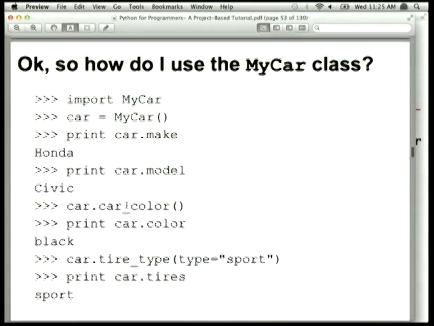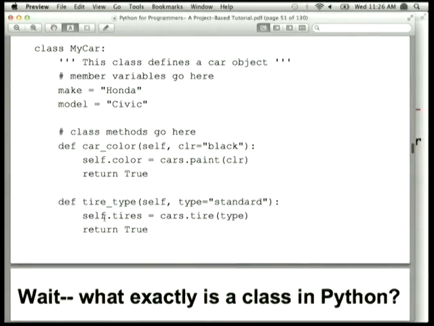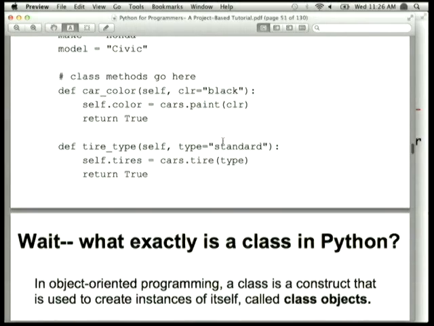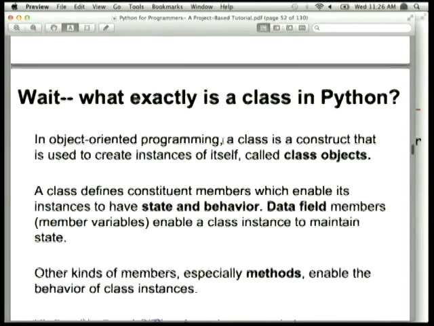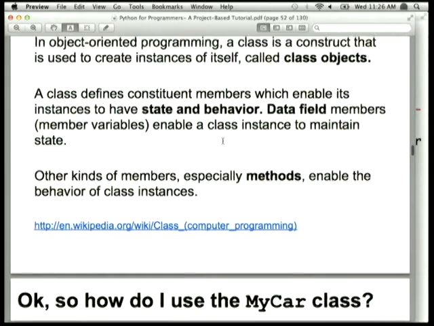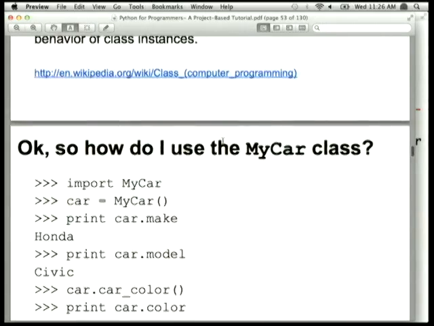Kind of get the gist. I'm calling the car color function, and then I'm saying, okay, what is the attribute set to now? Oh, it's set to black, right? And it's set to black because if you look here, it says color equals black, right? It defaults to black. If I'd passed in my custom color, I could change the color. And I can still do that. I can call the method again and change it. In fact, in Python, you can even say car.color equals blah, and it'll just work. That's pretty forgiving. There aren't really restrictions on accessing those properties,